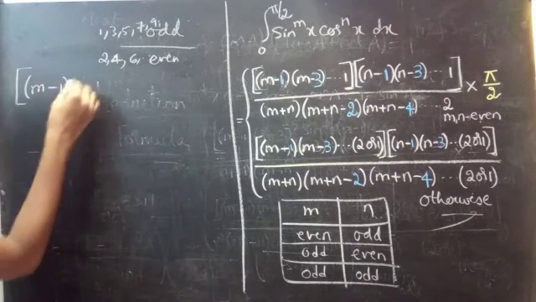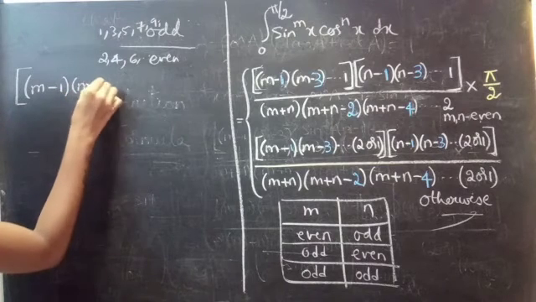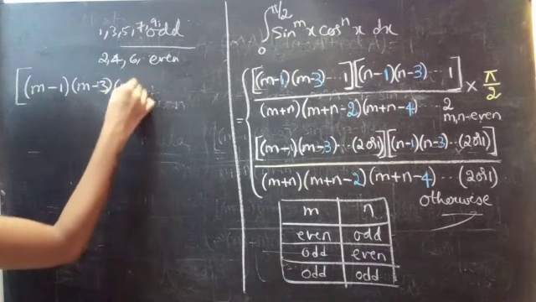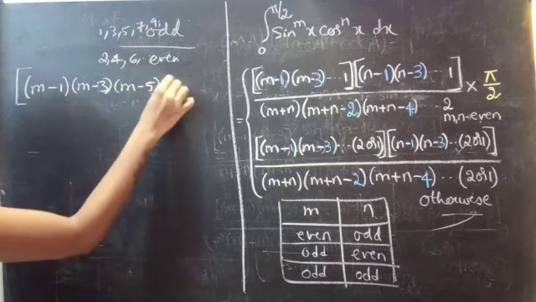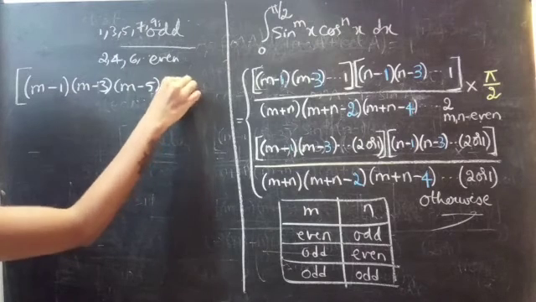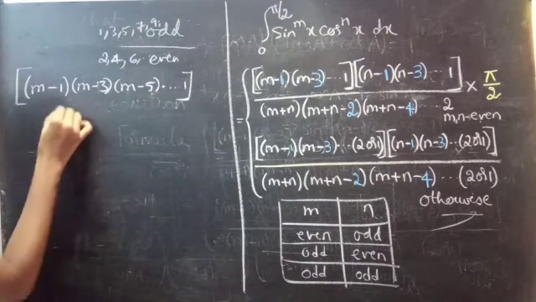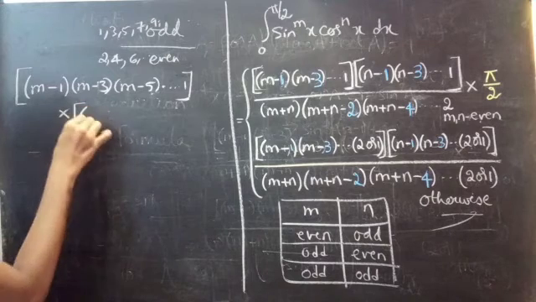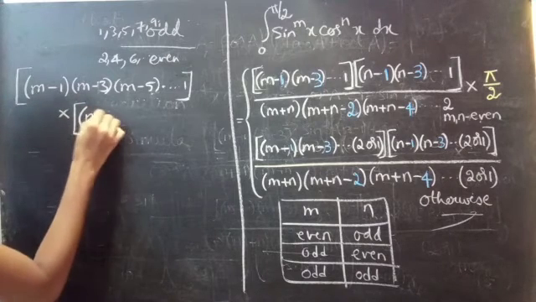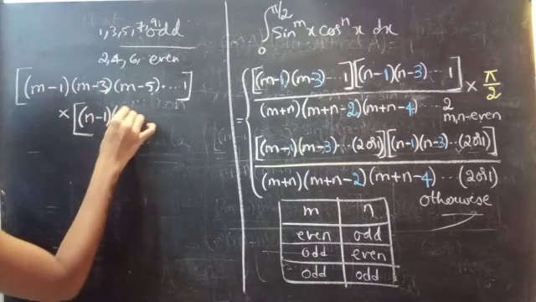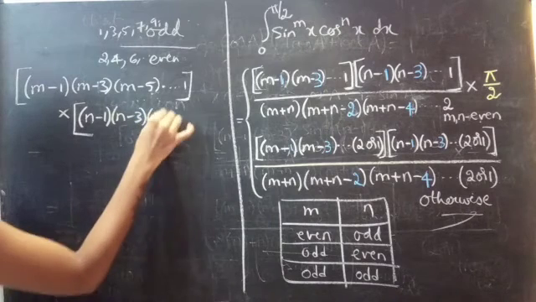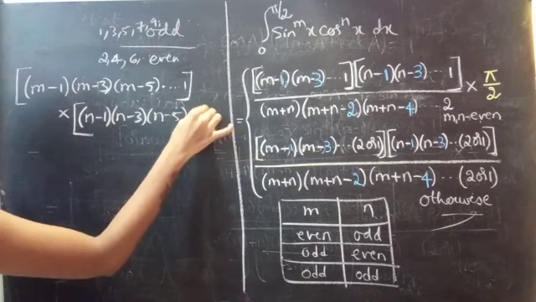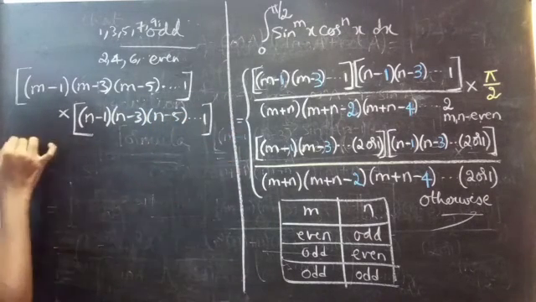So m minus 1 into m minus 3 into m minus 5 and so on into 1, into n minus 1 into n minus 3 into n minus 5 and so on into 1, divided by